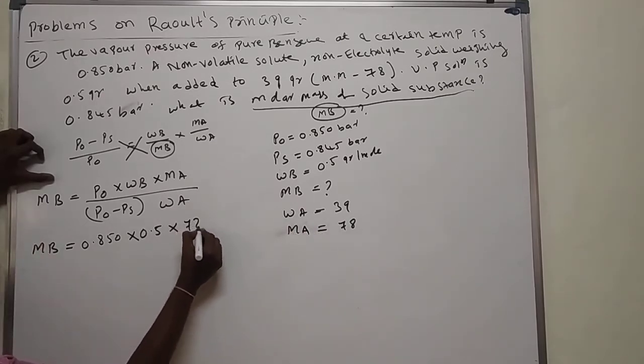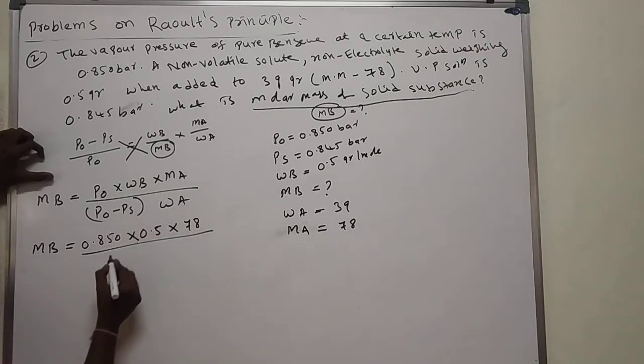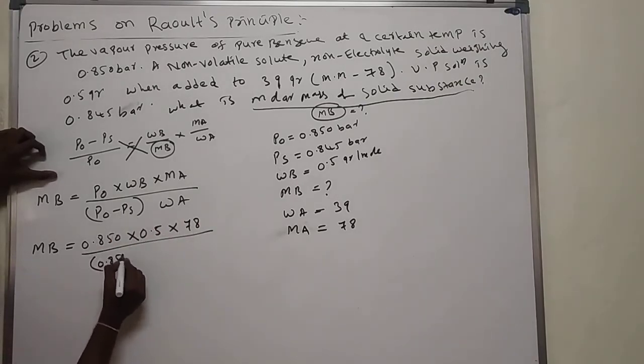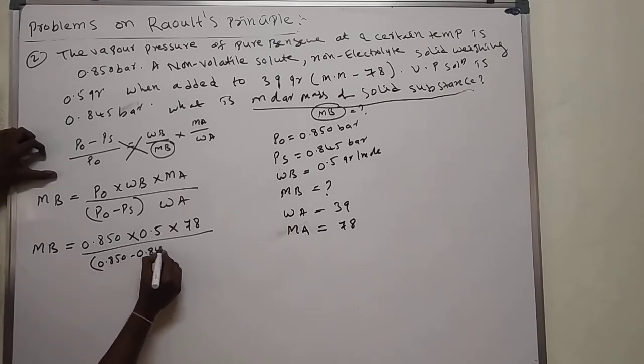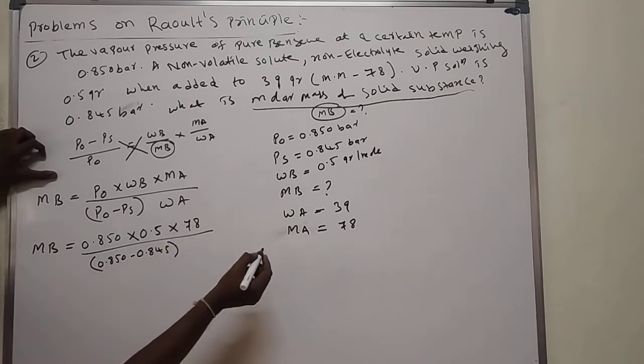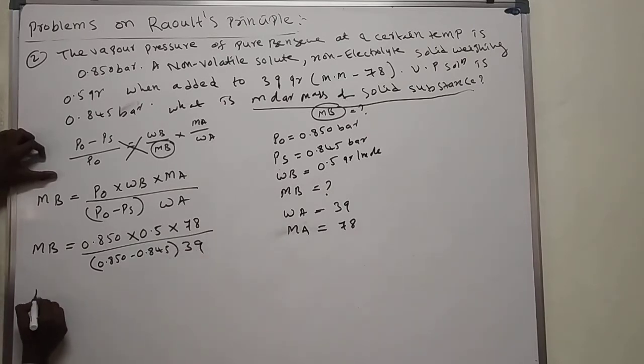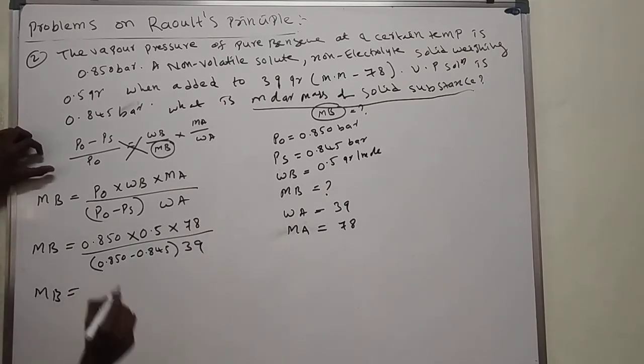MA is 78 by P0 minus PS. P0 means 0.850 minus 0.845 into WA. WA is 39. Then MB is equal to,